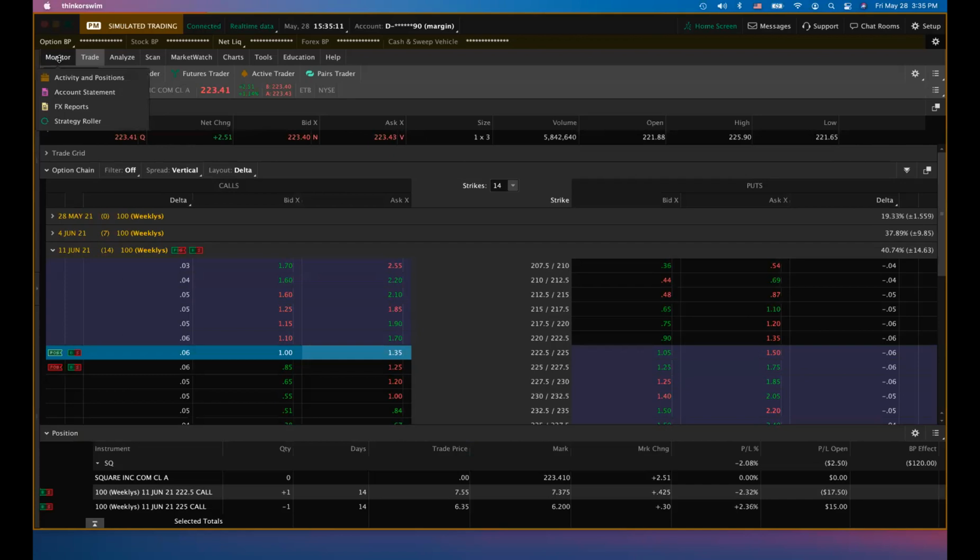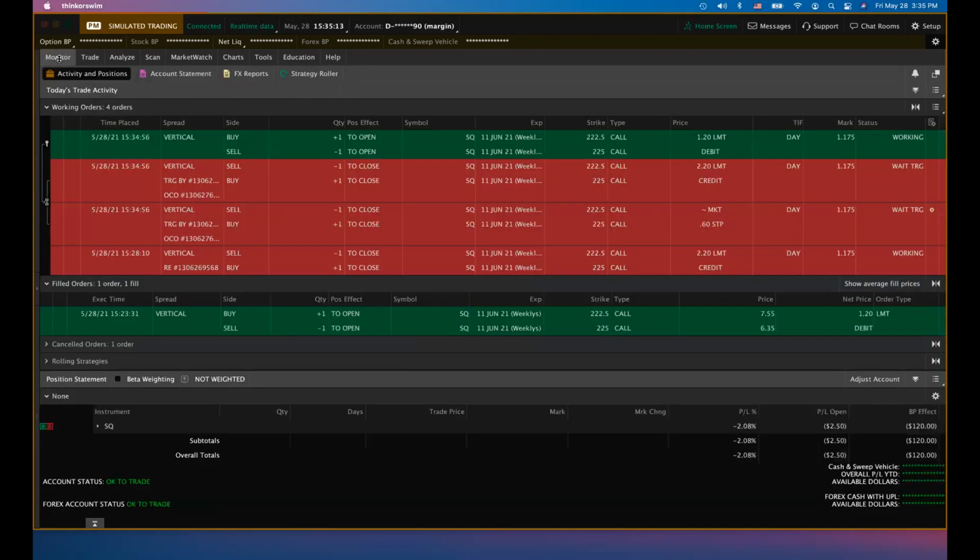And I can go into Monitor screen in Thinkorswim and notice that there's a lock on this one, right? And this is a conditional order, and that's why you can see this link. If you're looking at the left side of my screen, you notice that these two are conditional orders, right? If I wanted to modify this order,